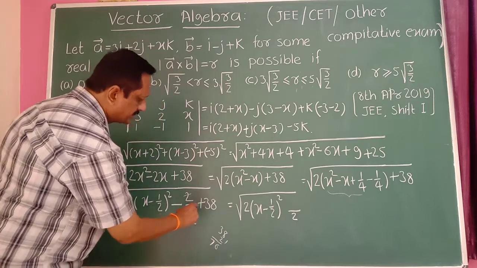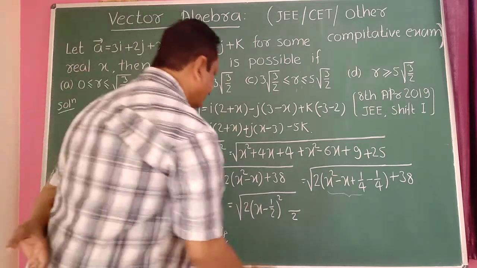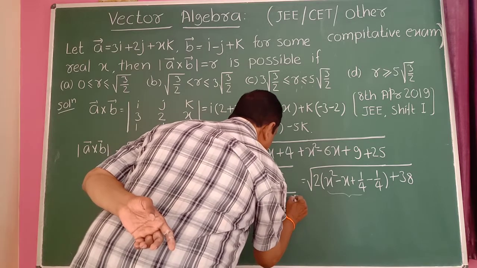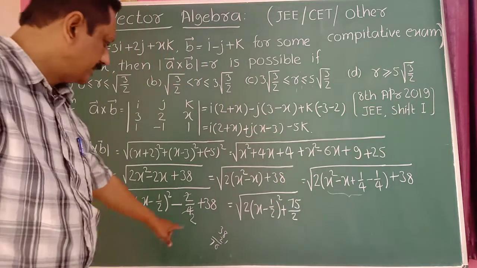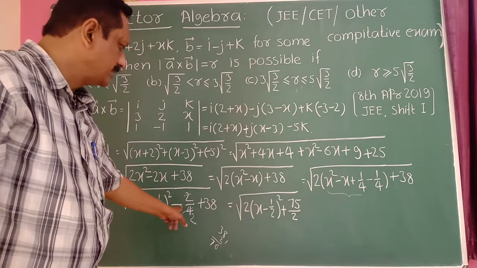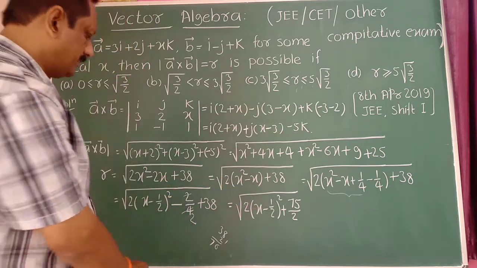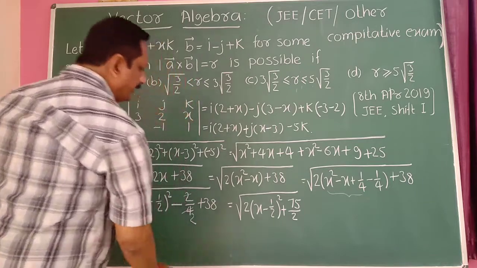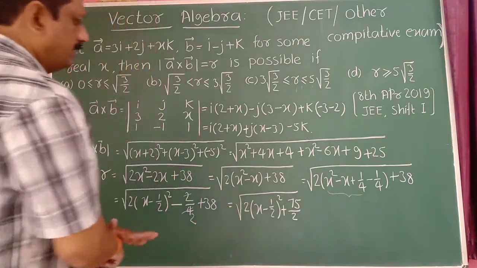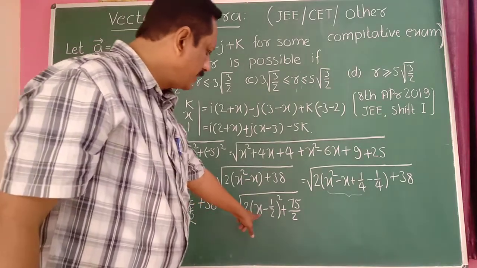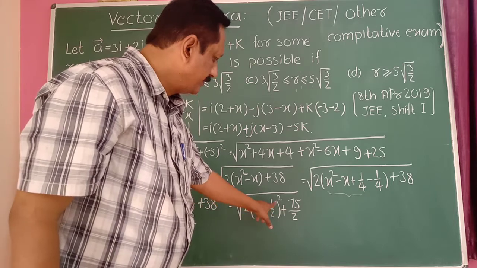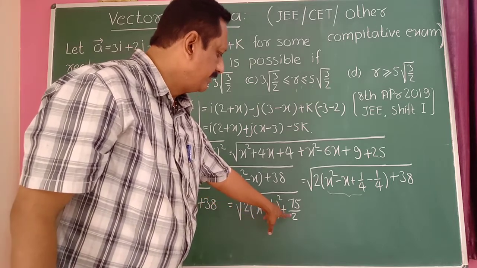76. 76 minus 1 becomes 75. So plus 75 by 2. Okay, 2 LCM here. 2 into 38 is 76. 76 minus 1 is 75. Therefore, here R is equal to this term here. Then when x value is 1 upon 2, this becomes a 0. Therefore, it gives a root of 75 by 2.